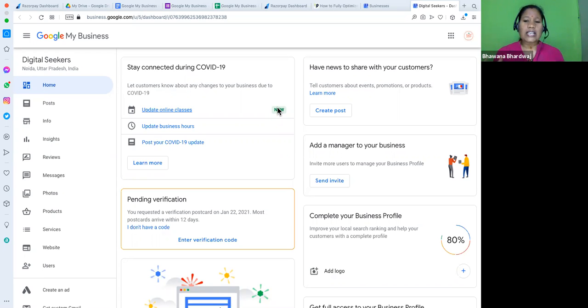So Google Assistant is a kind of, in future it might become your personal assistant. Google Assistant is primarily going to use this information to provide it to the end user, whoever is looking for RO service nearby. So rather than human beings searching for RO service nearby, they can delegate this work to the Google Assistant, and Google Assistant will search, okay, RO service nearby, what are the opening hours, what are the services they are providing, and if they have any call, they can fix the call as well. So it's very, very important for Google that this Google My Business information should be correct.